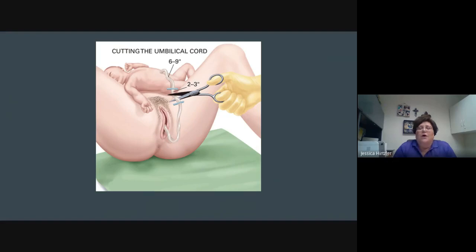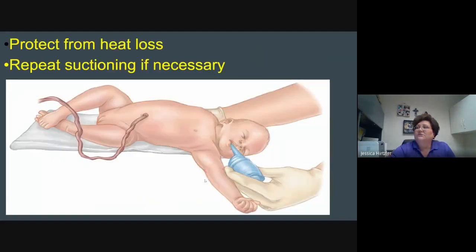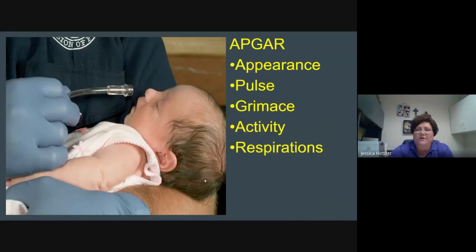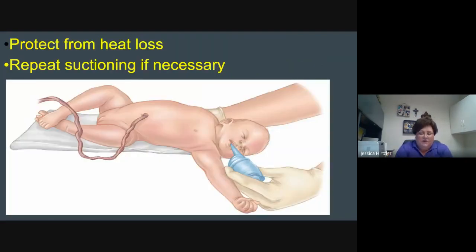Okay. All the while we're stimulating baby. We want to warm them up and give them to mom. You definitely need to protect them from heat loss, and suction is necessary. I think I went ahead of my slides. Let's go back to this one. Okay, so